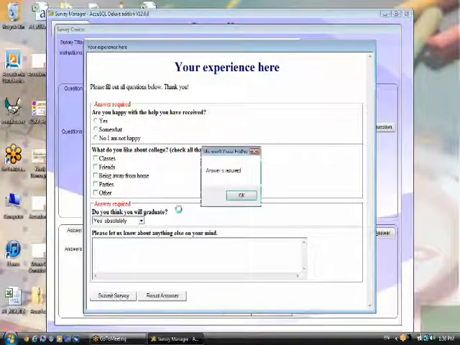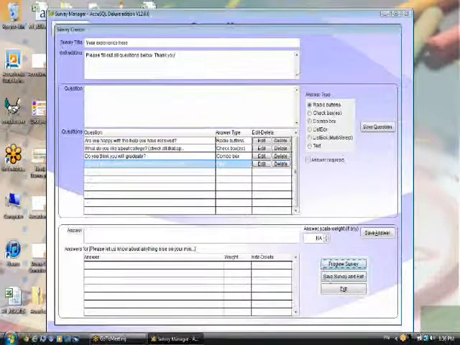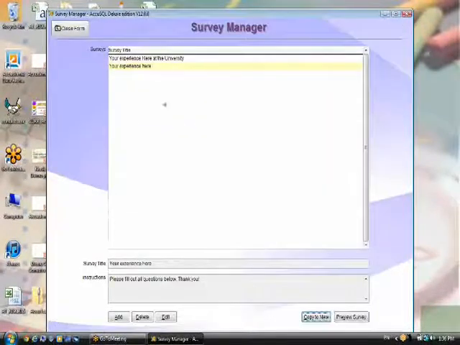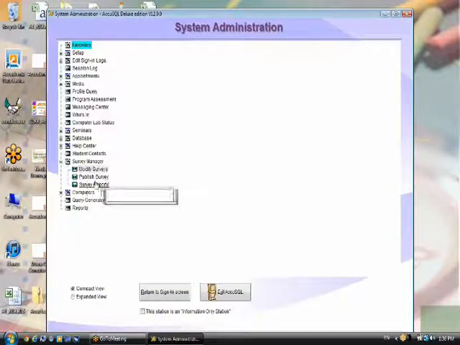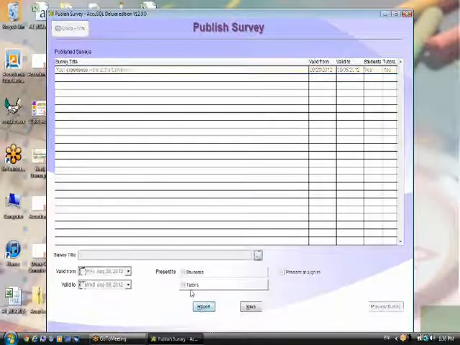Okay? And it won't let me get out until I answer something. I'm only previewing. Okay, so I'm going to save and exit, and now I've got your experience here. So that survey is now out there waiting, but the next step of the process is to publish the survey. Okay? Now what I do is I'll add one here,